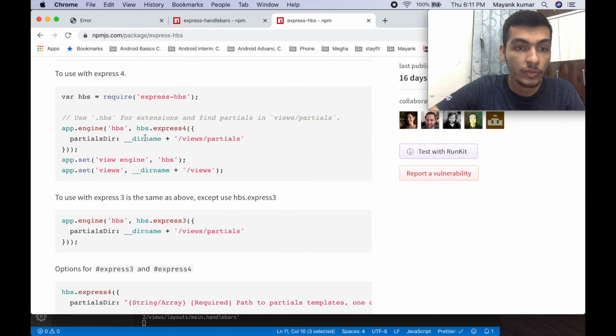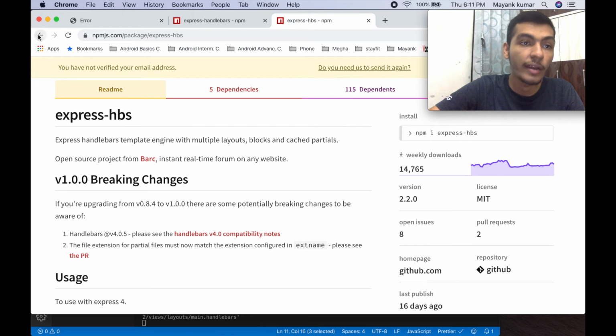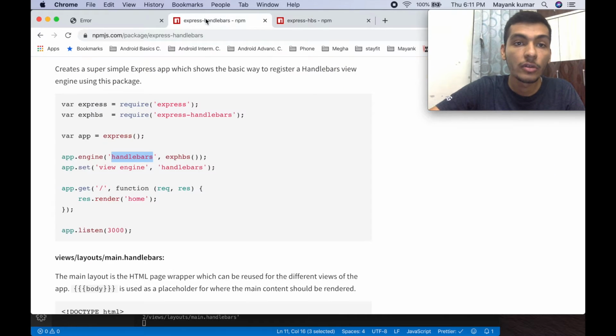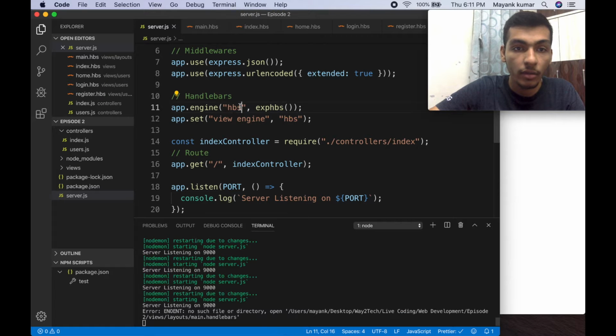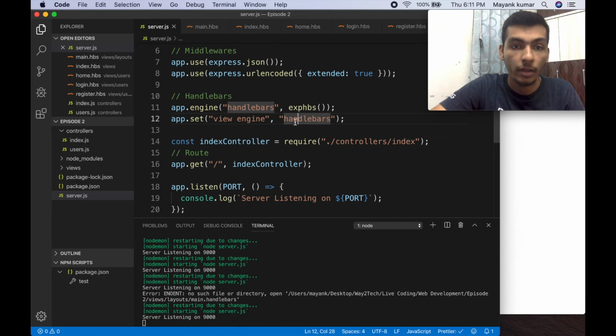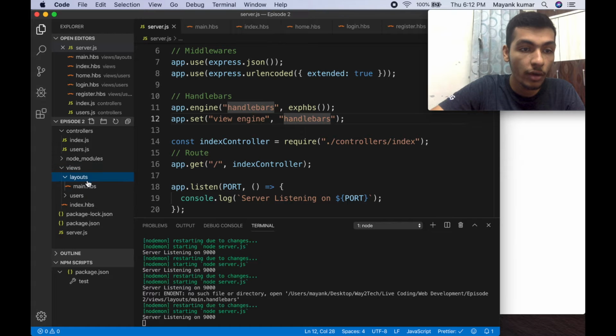Express.js has its own view engine, but we are using Express-Handlebars, so we will be using this one. I have to write the full handlebars name. Handlebars. Now, inside the views layout,